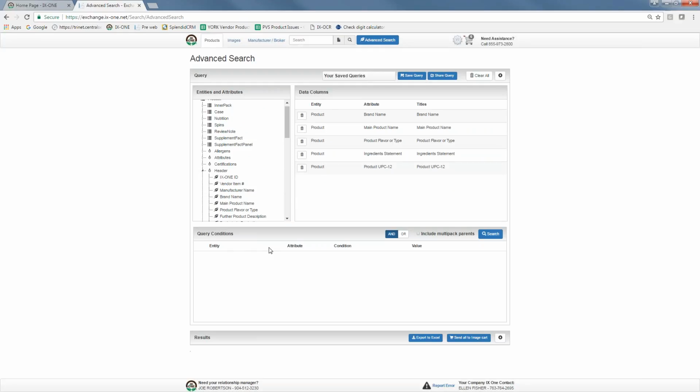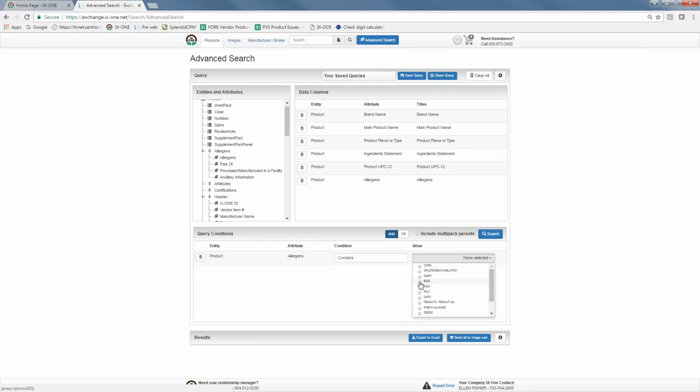Now we have to put some conditions to tell the system exactly what we're looking for. We'll grab allergens, and we're going to bring it over here, and we're going to put allergens down here at the bottom. You can do contains or does not contain. Click here and you'll get a list of all the allergens. And for this demonstration, we will grab soy and soybeans. So now we have the columns for our report, we have our conditions, we click search,